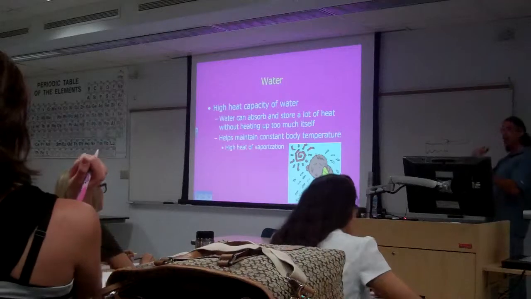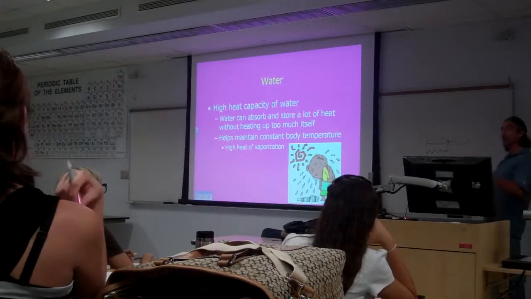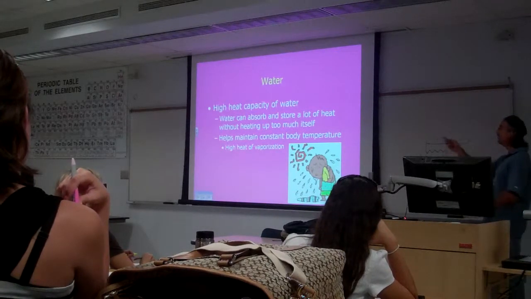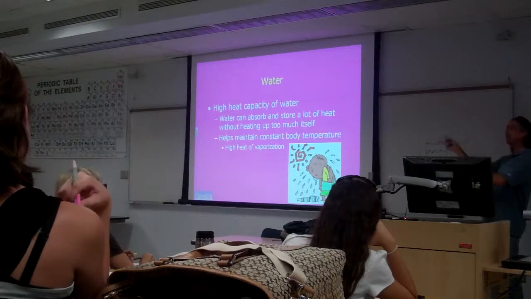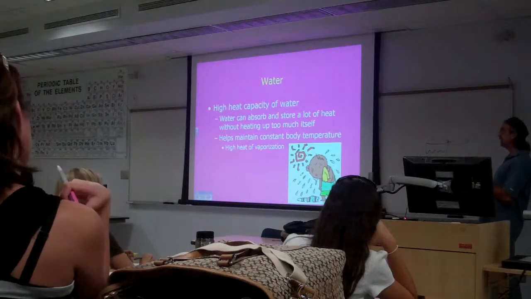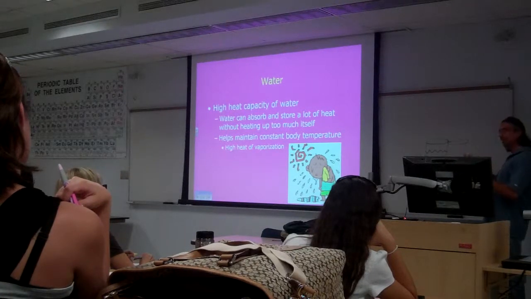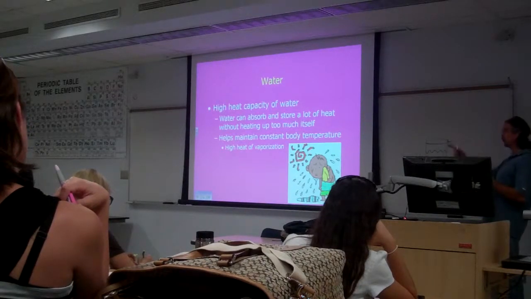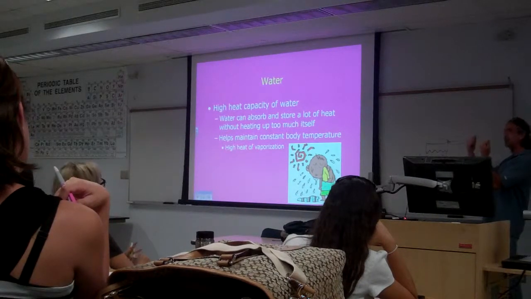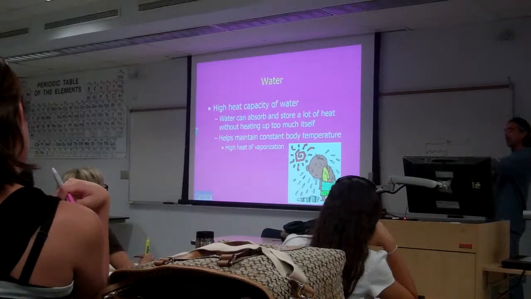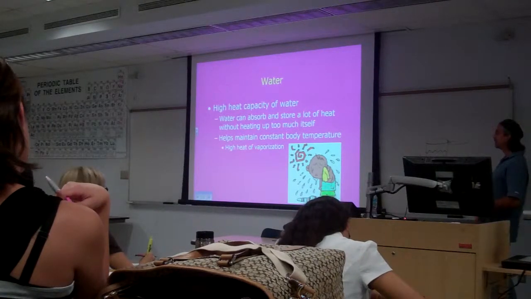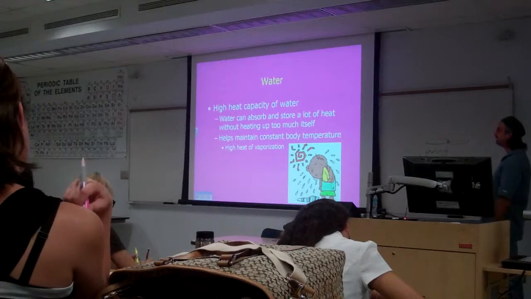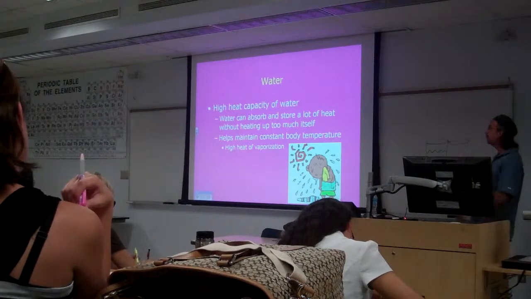What happens is all the water on your body from your shower or the swimming pool evaporates. When it evaporates, it pulls the heat out of your skin. That's how sweating works too. That's how we cool the body down using sweat. You're outside working, generating a lot of heat because your muscles are working, and all those chemical reactions are burning you up inside. You start to perspire, the water on the surface of the skin evaporates and pulls the heat out of the body. That's why you have to sweat to cool the body down. Otherwise you burn up. So we say it has a very high heat of vaporization as well.